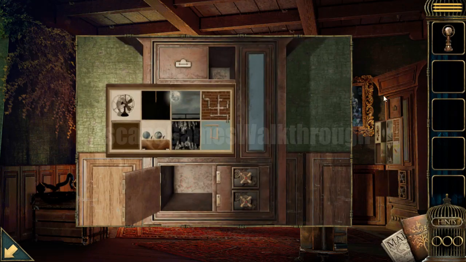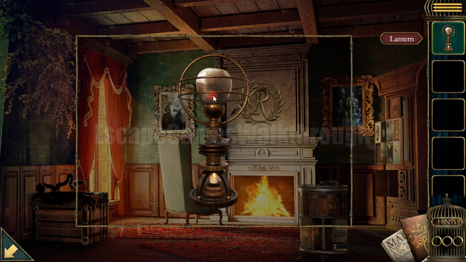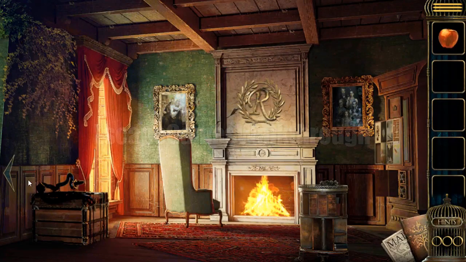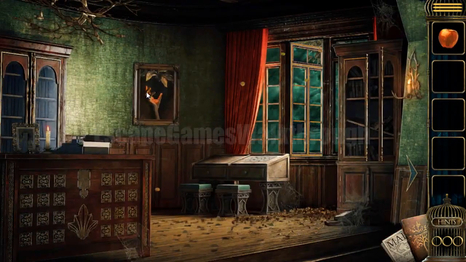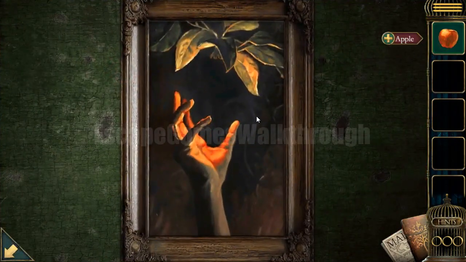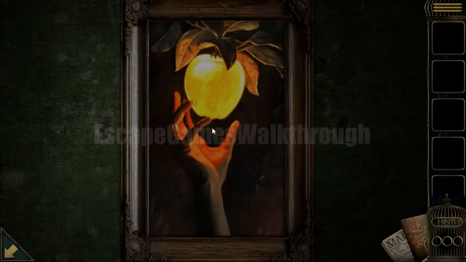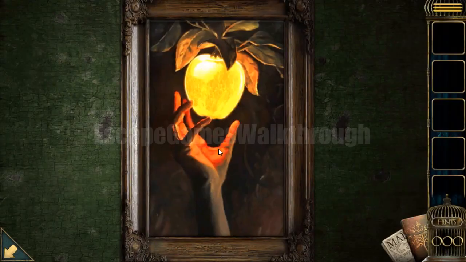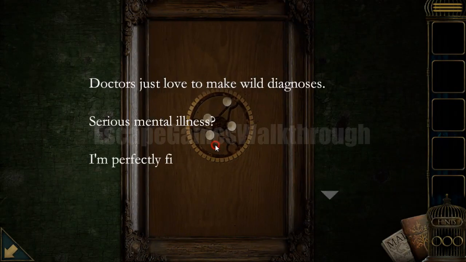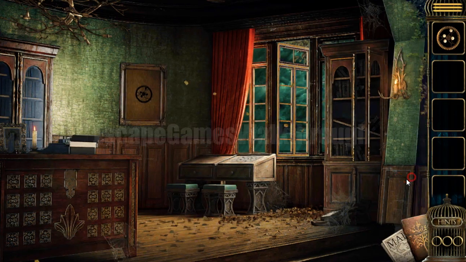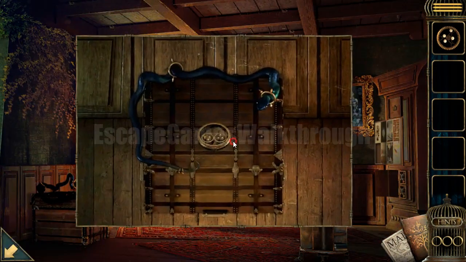Inside here's a lantern that can be lit, and here's an apple, and this apple guides through all of these chapters. So we need to place it on the painting, and then there's a part of the puzzle. So let's use it on this place,